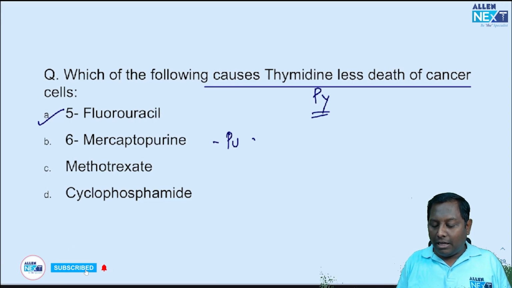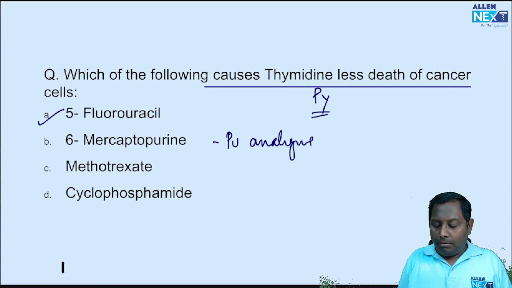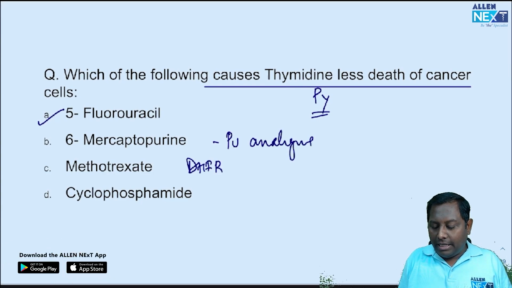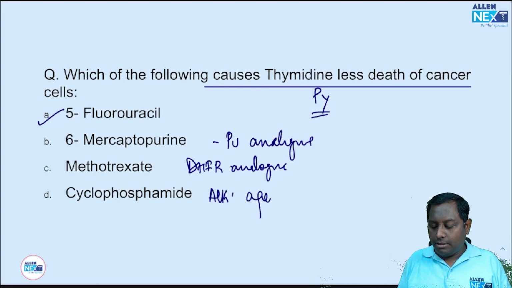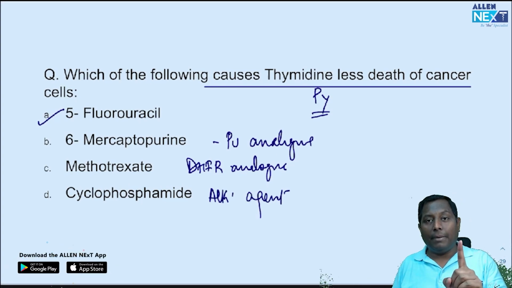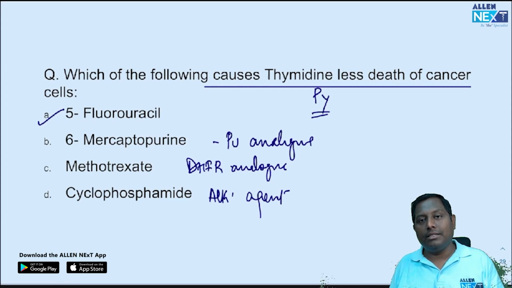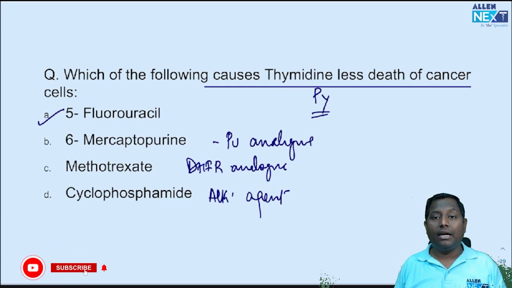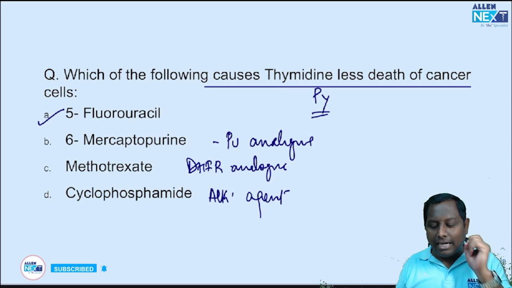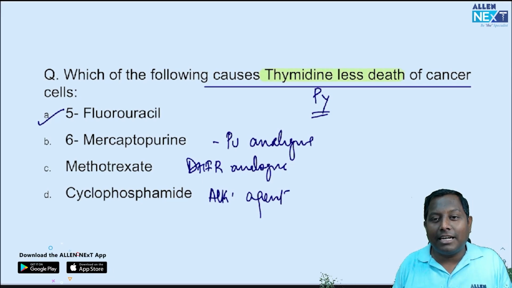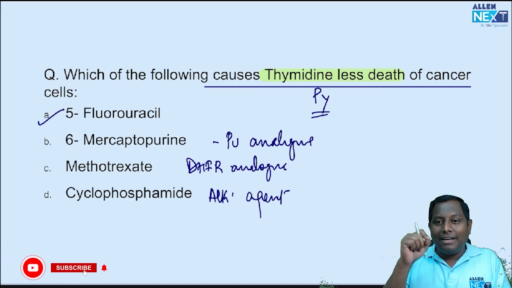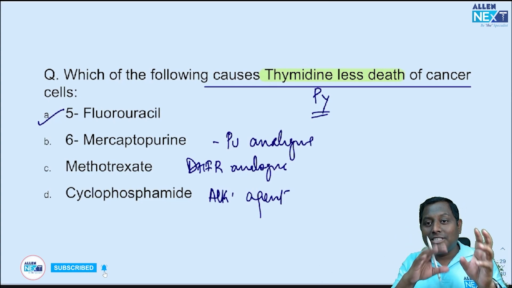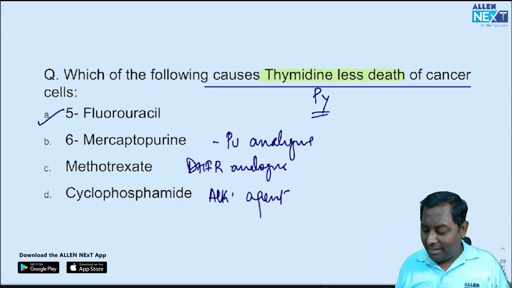6-mercaptopurine is a purine analog. Methotrexate is one of the dihydrofolate reductase analog, not inhibitor, analog. साइक्लोफॉस्फेमाइड it's one of the alkylating agents, ठीक है। तो thymidine-less death, जब आप anti-cancer chapter खोलोगे regular वाले lecture में, main lecture में check कर सकते हैं, anti-cancer drug जब आप खोलेंगे तो exactly same line, ये जानते हैं कहां से उठाया गया, this exact same line has been taken from Goodman Gilman, है ना, उसको bold करके underline करके, semi column में दिया हुआ है, this drug will be causing thymidine-less death, है ना, thymidine-less death। ओके,